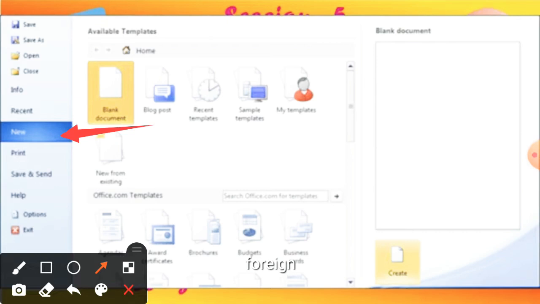A gallery of templates will be displayed. By default, the blank document option is there. When you click on the New option, the gallery of available templates is shown. First in the row is the blank template, and you can see it is selected as shown in the figure.